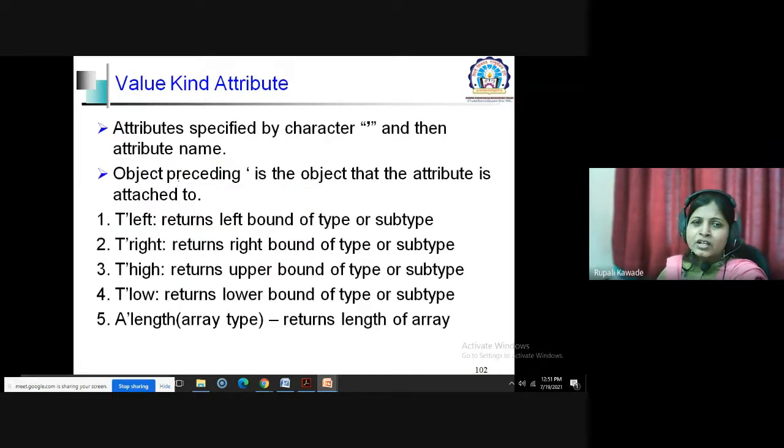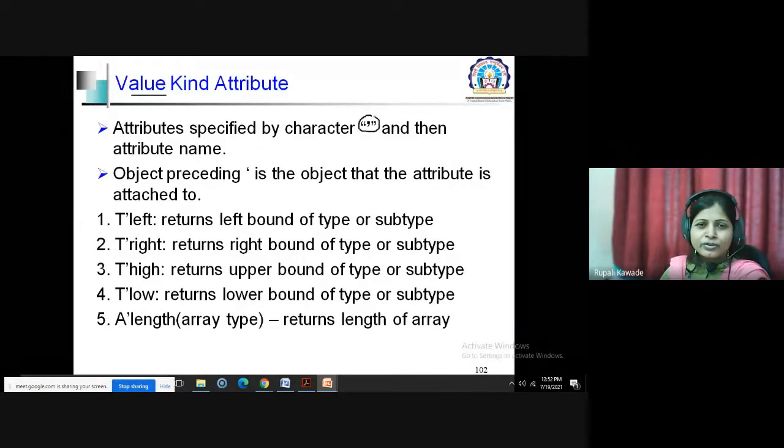Okay, so the value kind of attribute we will see in brief, because many types are applicable to that particular data type, as well as the subtypes. First category is the value kind attributes. These are specified by a character tick. This is the symbol of your attribute, only one tick.